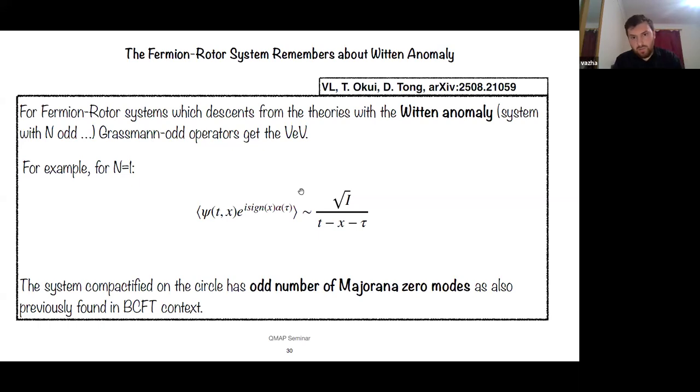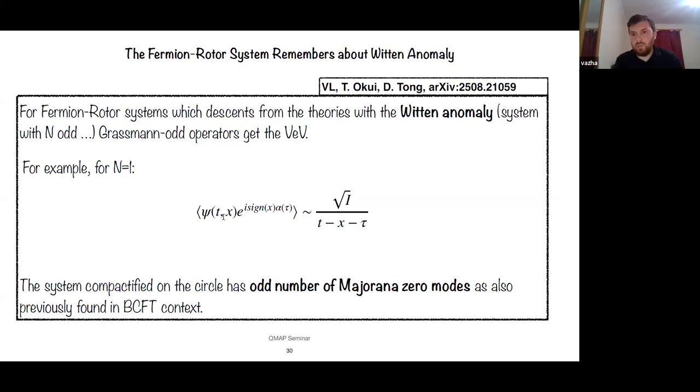That corresponds to the fact that in the theories with Witten anomaly, usually instantons have an odd number of fermion zero modes. For example, for n equal 1, you will get the following operator that has a vacuum expectation value. Here it is psi insertion plus rotor insertion, and the rotor is inserted in such a way to kill the U(1)_M charge of psi,